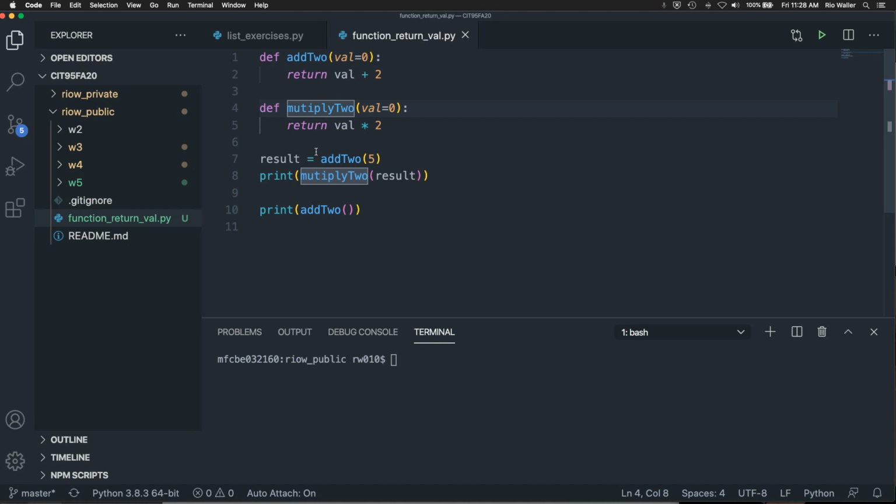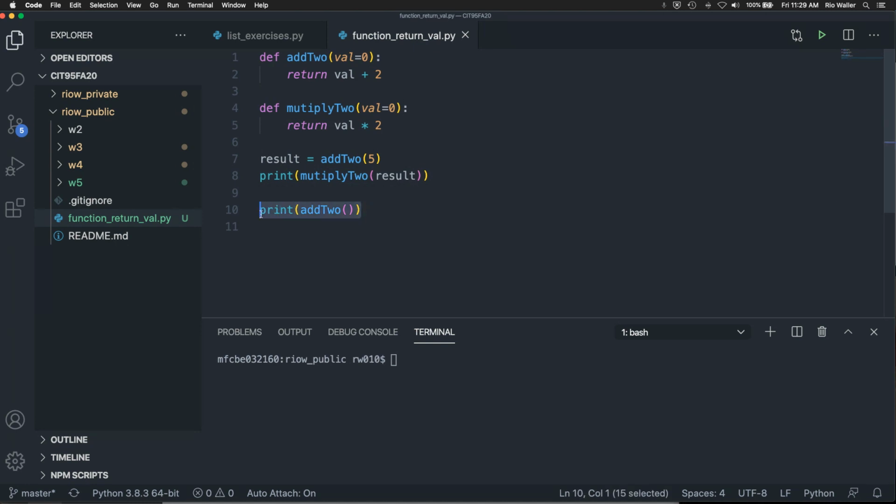Okay, so then the next function, multiply 2. In this case, I don't need the return value, but I still have it. And the question would be, should I print it? We could talk about that, because if I'm not using it, should I even return it? The answer is really no, but let's walk through the code and then we'll play with it.